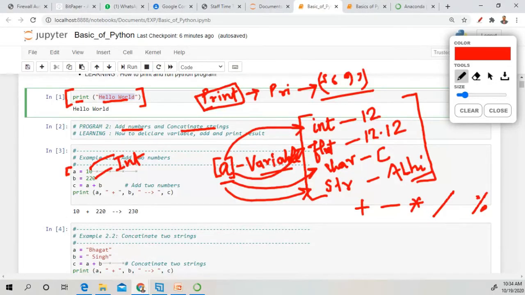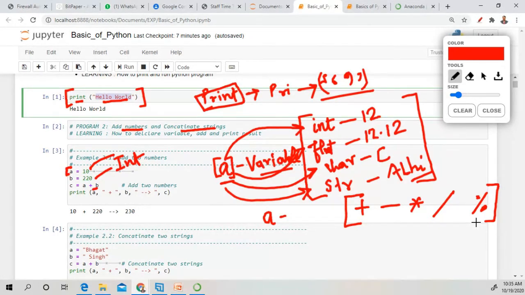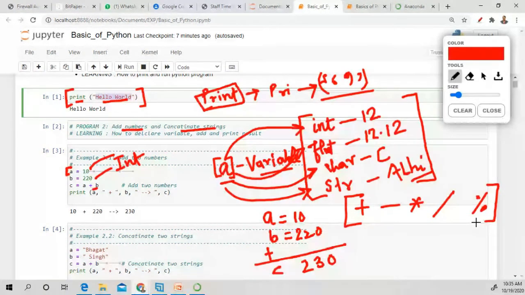In this way, you can perform different mathematical operations. In this case, we are using the plus operator for addition of two numbers. Variable a contains 10, variable b contains 220. If we add the numbers, what is the output? 230, which is stored in a variable.